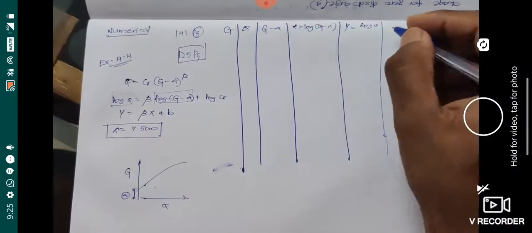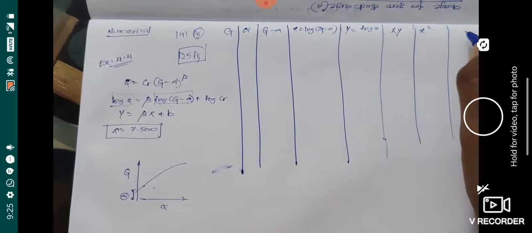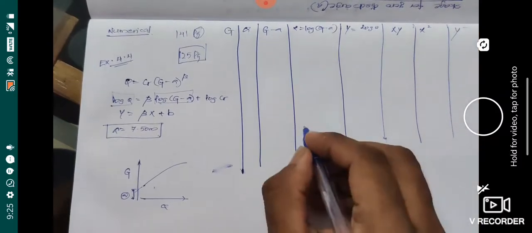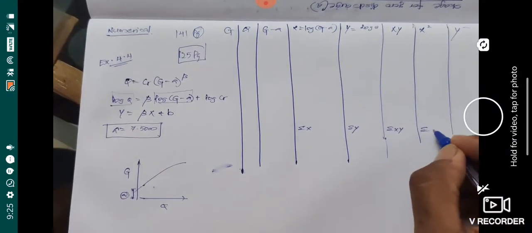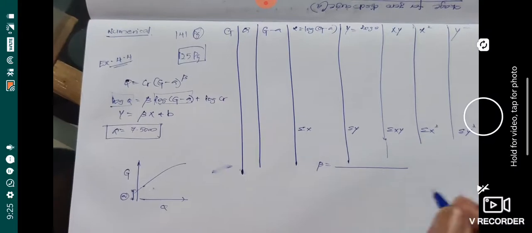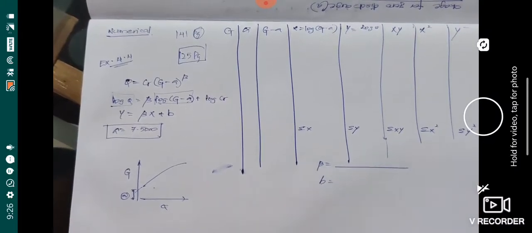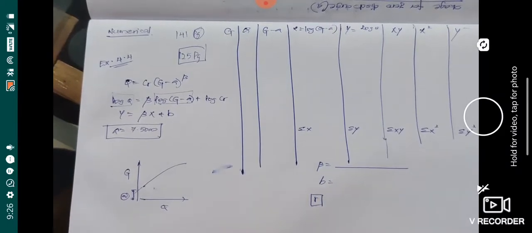Once you have got XY, then you have to find the value for X square, then the value for Y square. Then you find sigma of X, sigma of Y, sigma of XY, sigma of X square, and sigma of Y square. Once you get the values, you can directly substitute. You know the equation: beta is so and so, then B is so and so. Lastly, you can even find the coefficient of correlation, that's Pearson's coefficient of correlation. That also you can find. So try to do it by yourself rather than copying it from the textbook. Then you will get a feel of the question.